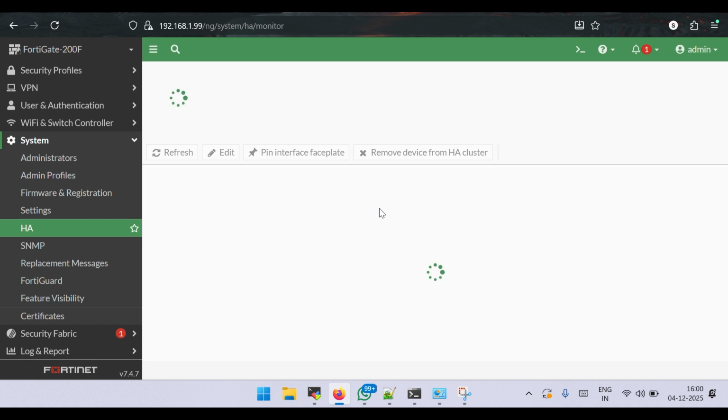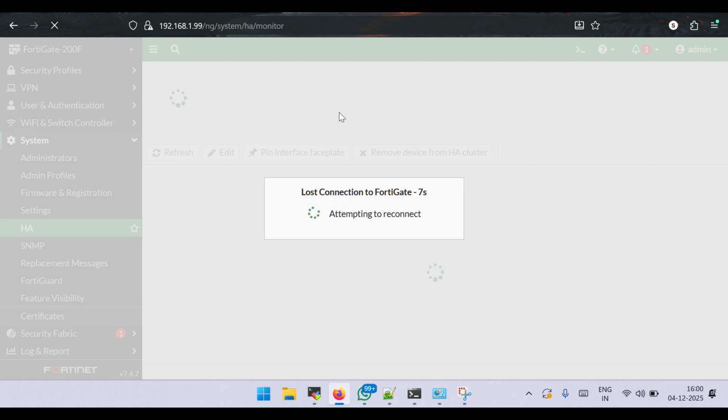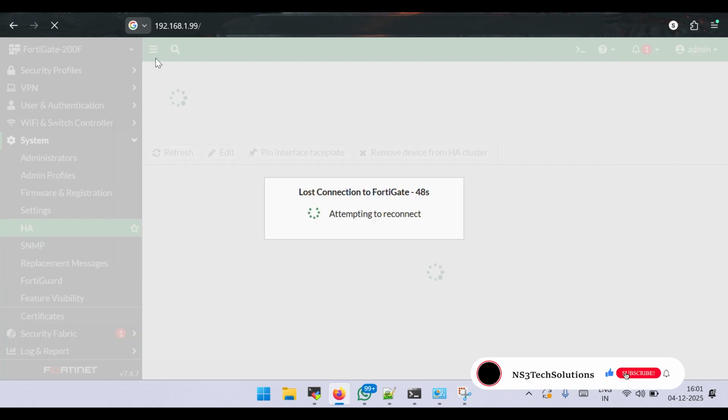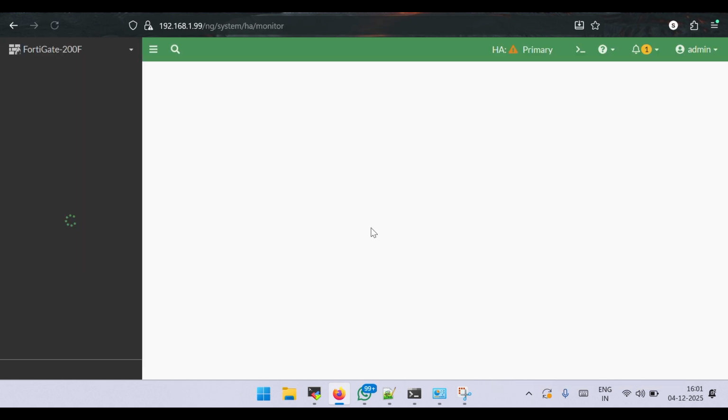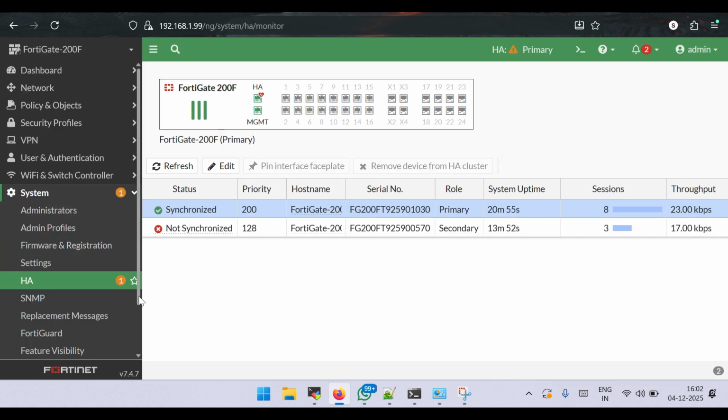Okay, you can see now it's reloading. Now reload the page. It will take some time. Now see, this is now showing